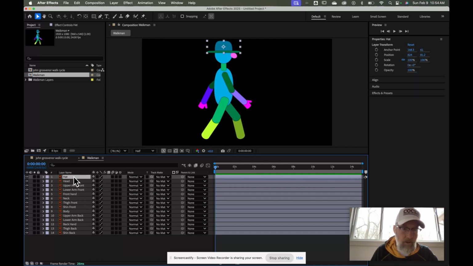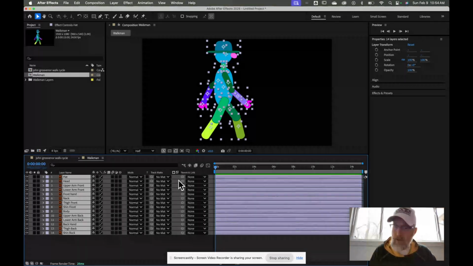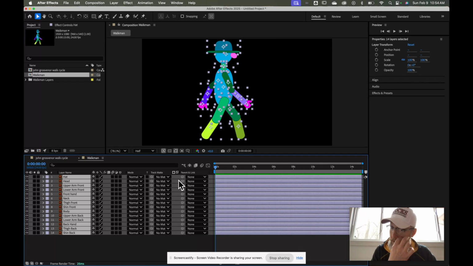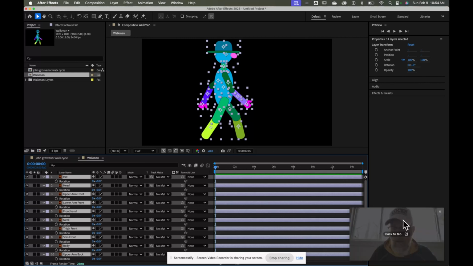The first thing I'm going to do is grab all of his layers. I'm going to grab the one, hold down shift, so I've selected all of his layers, all of his body parts. I'm going to add rotation to all these and swing his arms and swing his legs and all of those things. To do that, I'm going to hit the R key to bring up my rotation. With them all selected as they are, I'm going to put a keyframe